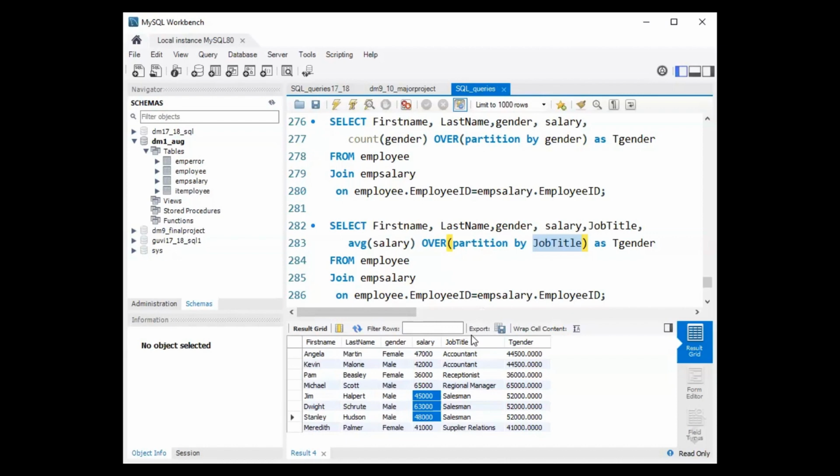We can calculate the average of all the employees. Suppose, according to this also, you say that in my company, the average salary of the salesman